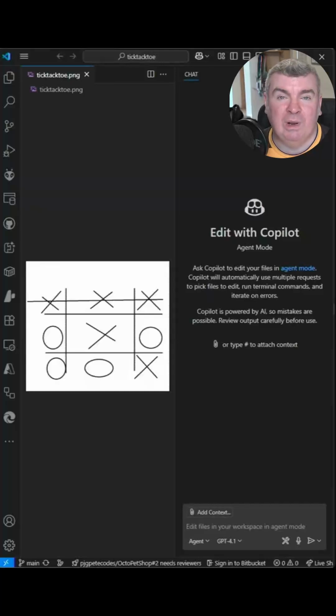It really does feel like we're living in the future here. So let's have a look at what we can do with GitHub Copilot Agent Mode, both in Visual Studio Code and also on github.com. So what we're looking at here is Visual Studio Code, and I've got GitHub Copilot Agent